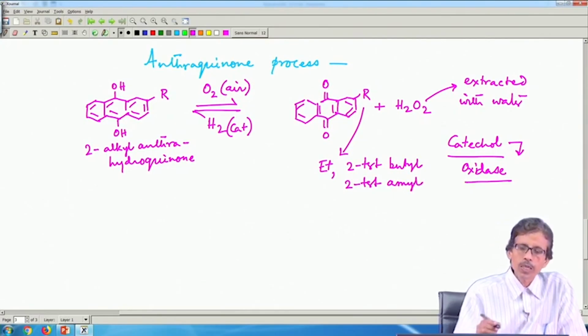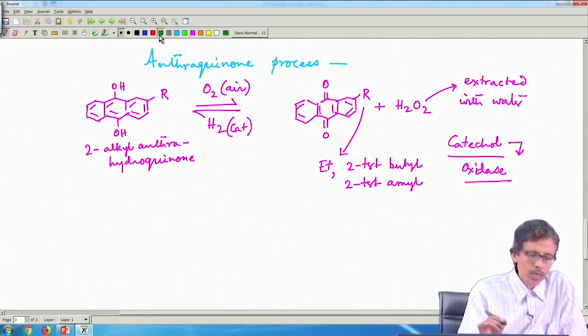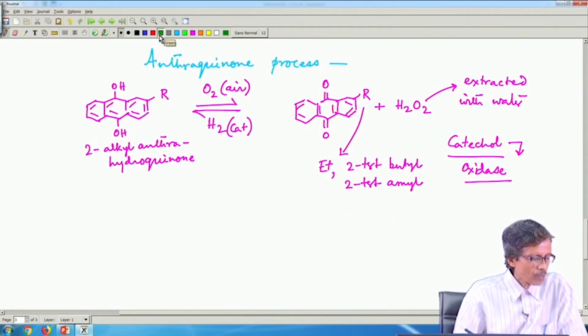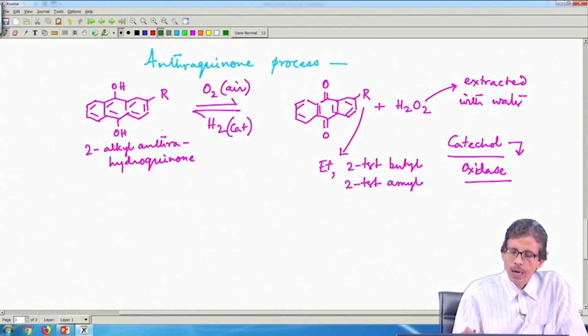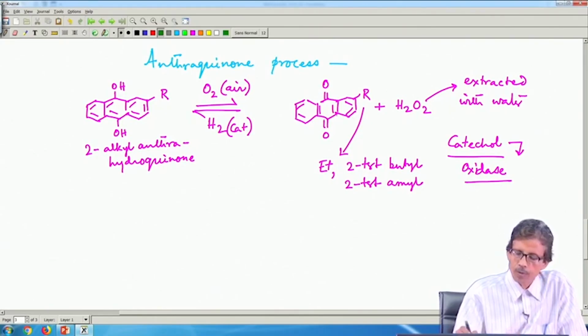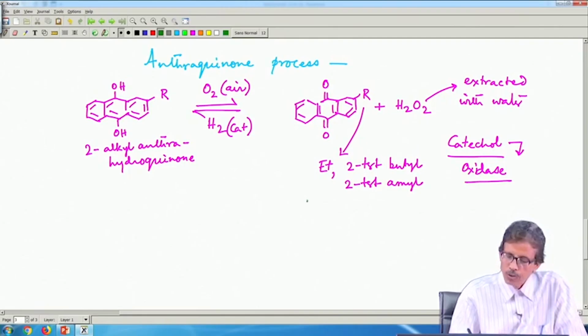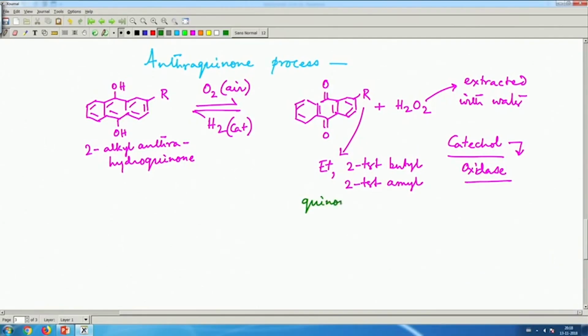These are the most commonly used materials which can be utilized for your production. So, we can have different solvent media, that means the quinone and hydroquinone can have different solubilities. So, we can have at one end the quinone dissolver, and at the other end a hydroquinone